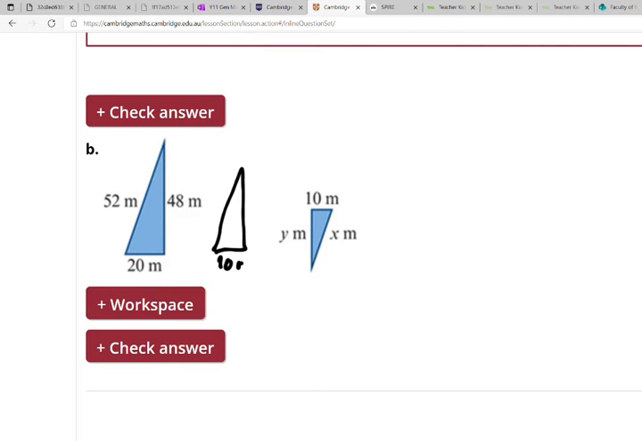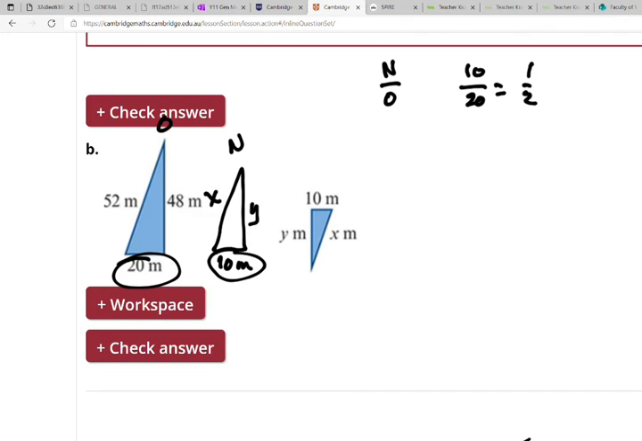And that gives me 10 on the bottom, and X and your Y. So these two sides are congruent. This is the new triangle. This is your original. So remember, it's always new over the original. So 10 over 20 gives me, okay, no, let's not do it that way. Let's do it the other way. Equals